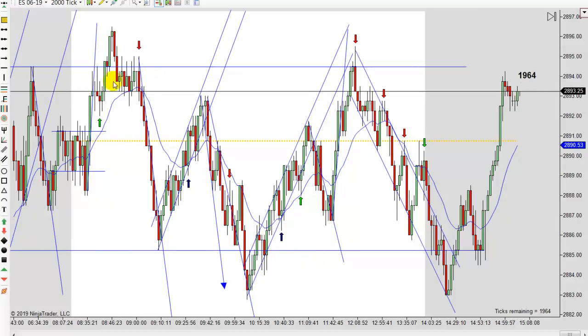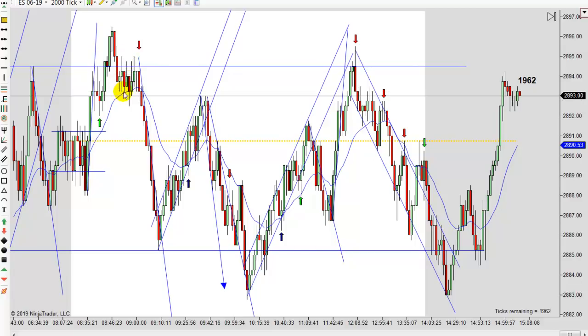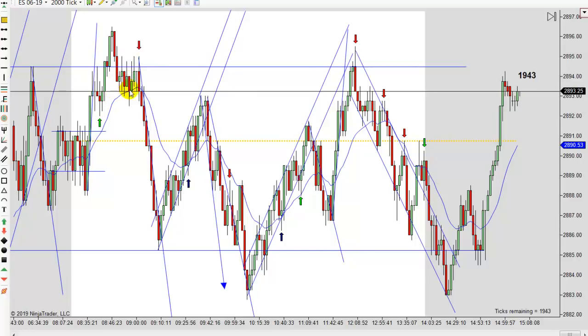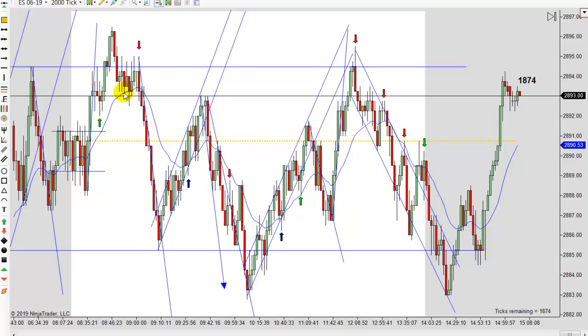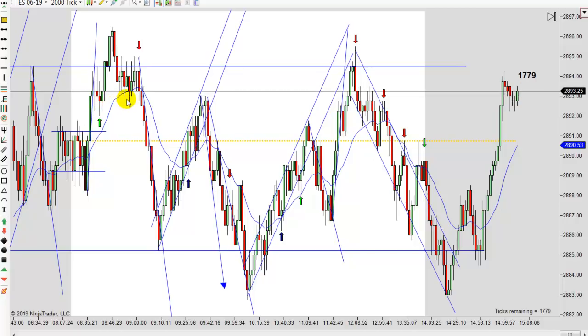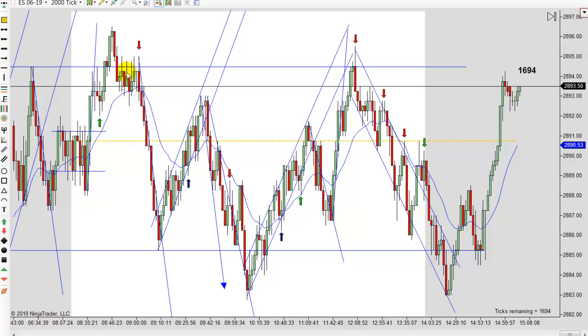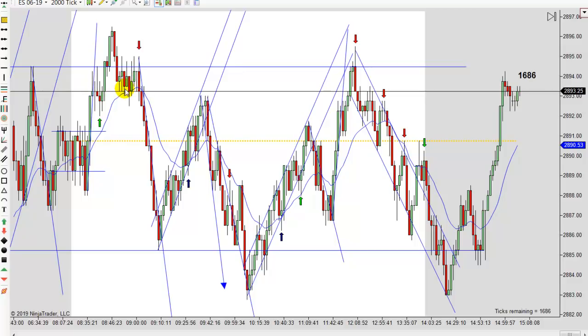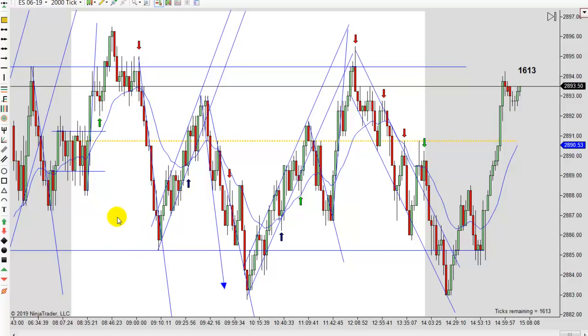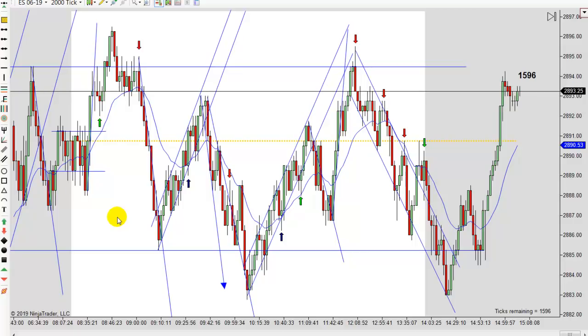So here's a good example. Here's a first entry, second entry, but notice how everything's still finding support on that EMA. There's also the low right here, so you don't have much room down. You go short right there thinking you've outsmarted everybody, and it comes right up and stops you out, and then goes straight where you thought it was going to go. So you just have to sit and be patient, and if you are, usually it will pay off for you.